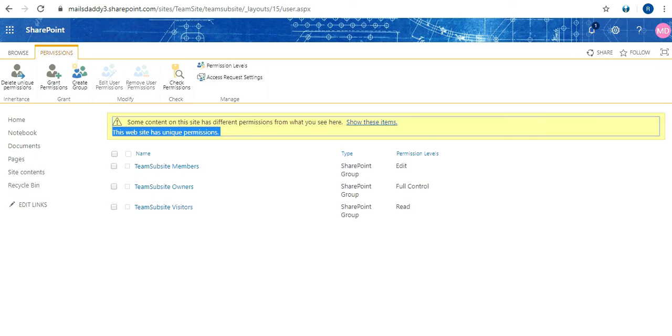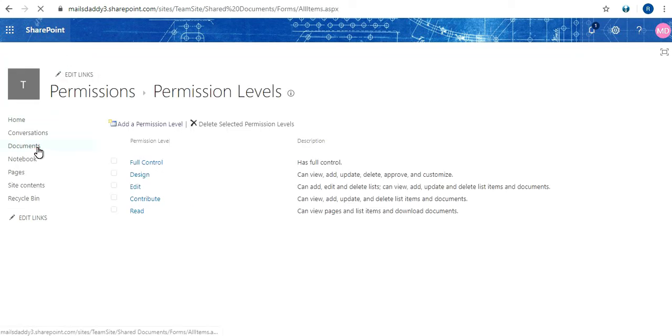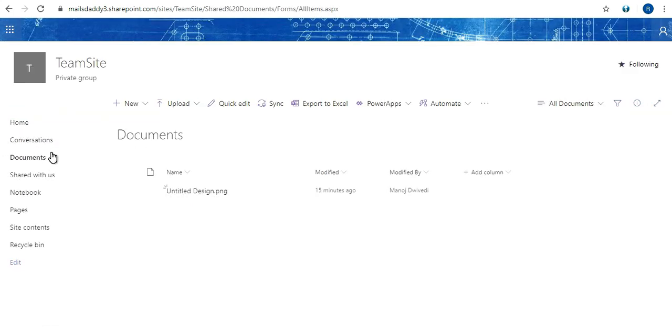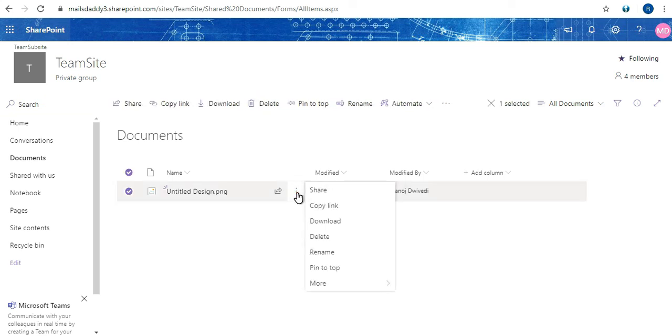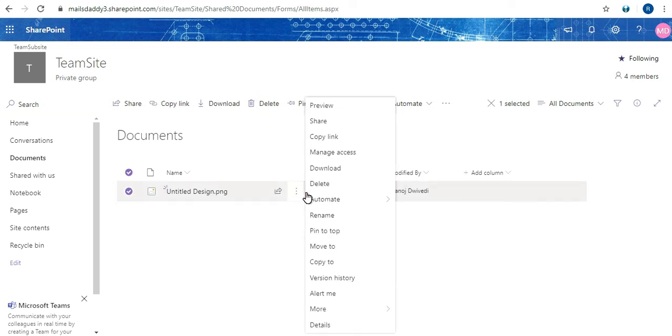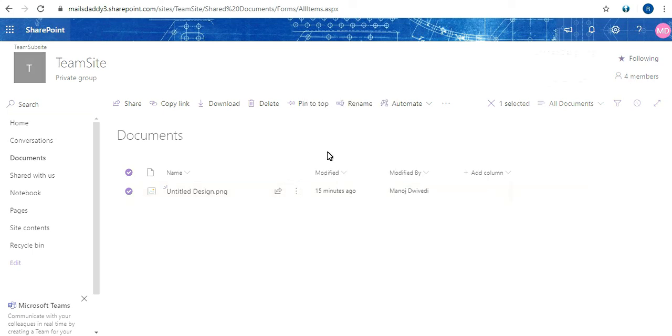For that, what you will need to do is just click on these documents. From documents you will be able to see the documents that are there, and from these documents you will need to click on these three dots, and from these three dots you will see an option of manage access.